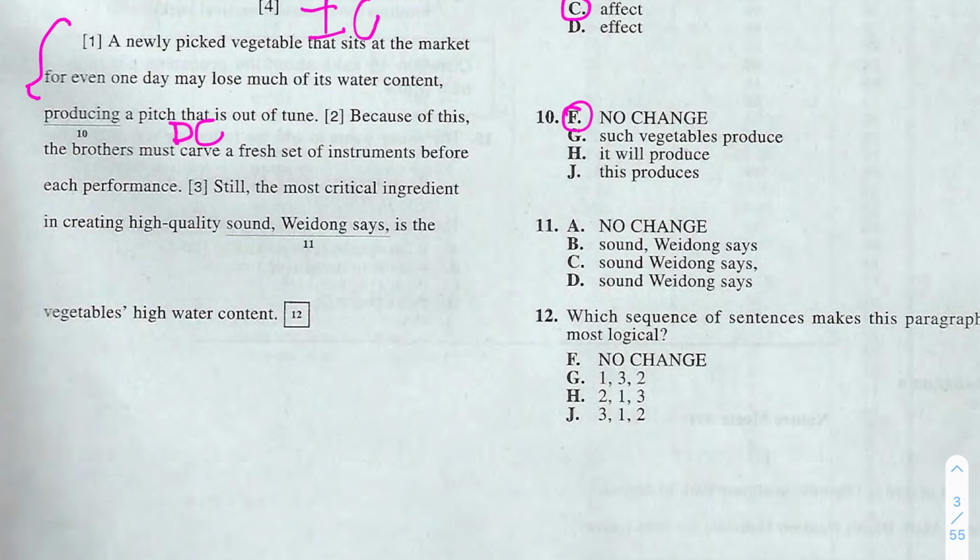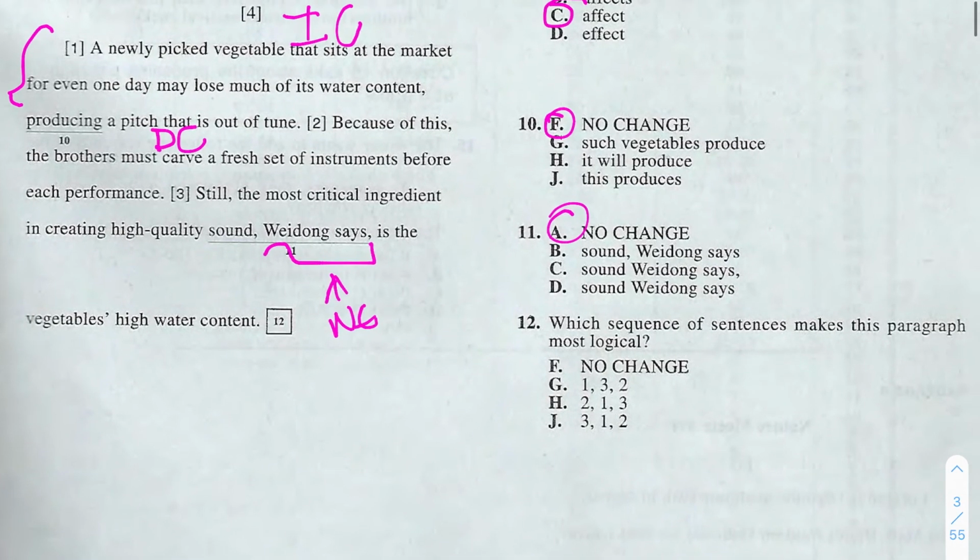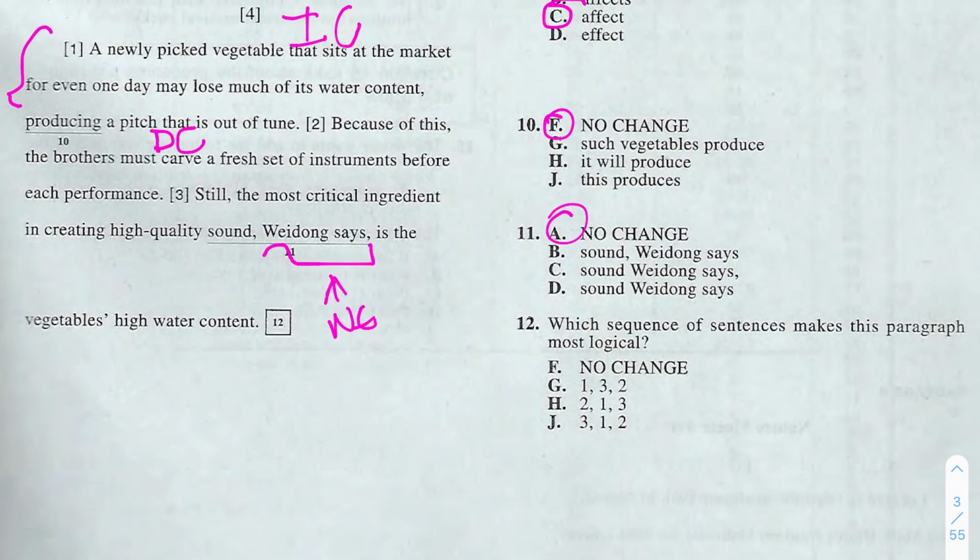11 is A because this right here is non-essential information. So even if we read without those two words, the sentence still is a complete sentence. The most critical ingredient in creating high-quality sound is the vegetable's high water content. Which sequence of sentences makes this paragraph most logical? So 12 is